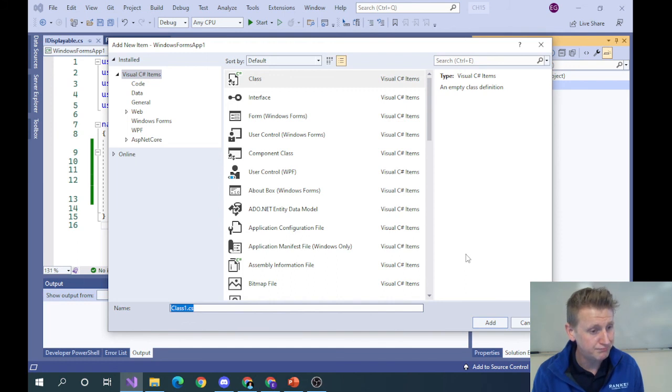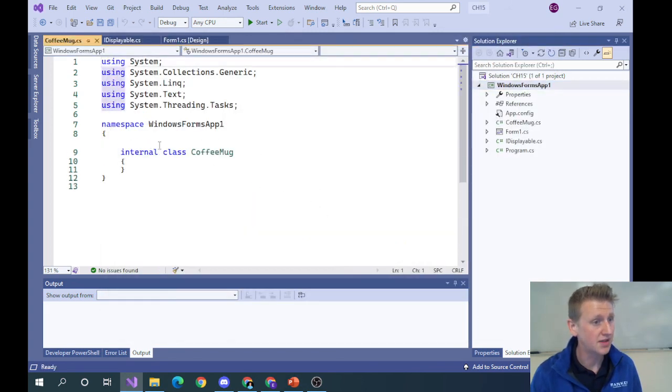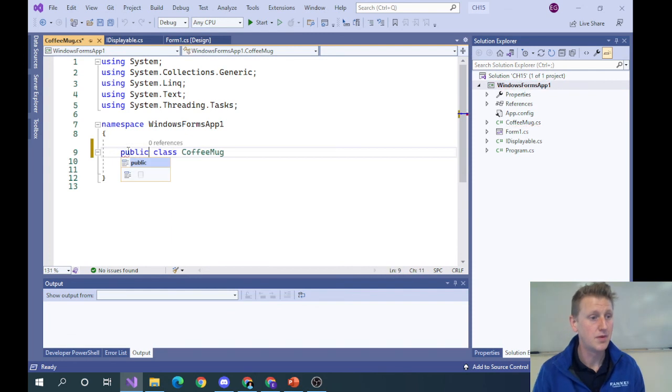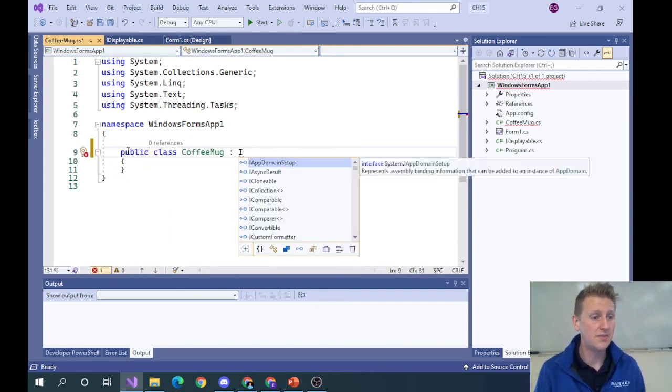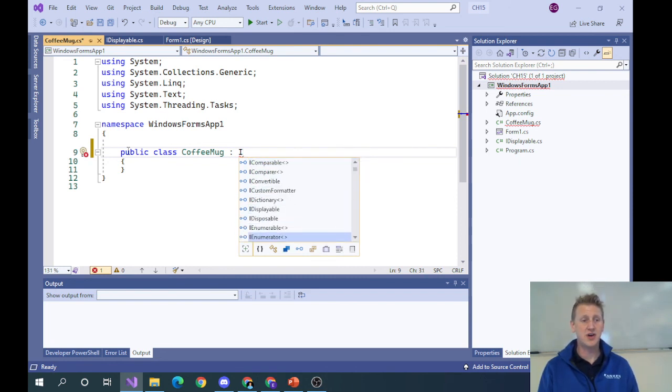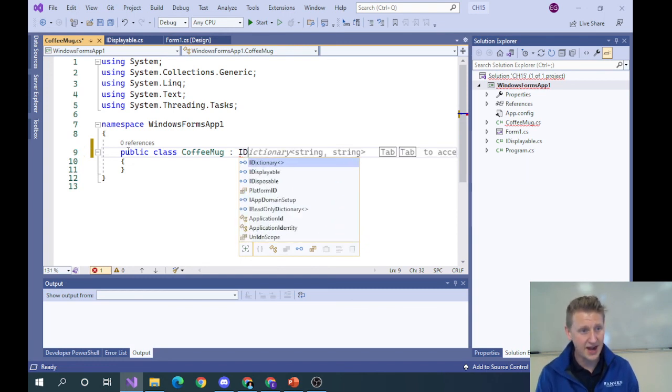and so often in our class, this is my coffee mug class. Now the way this is done is, like if I just, by the way, look at how many interfaces there are. A lot of interfaces, but if I type in iDisplayable,